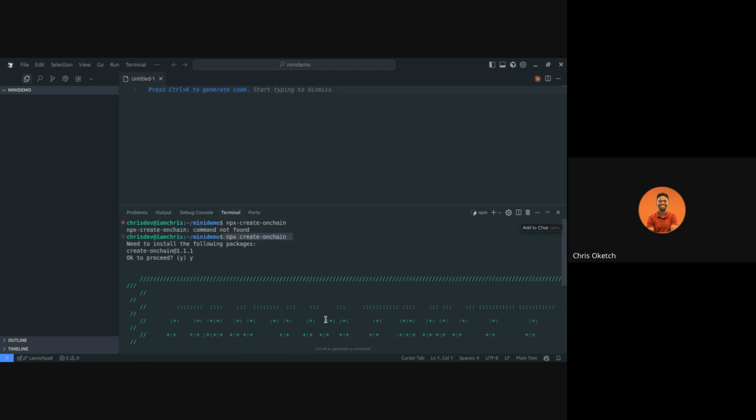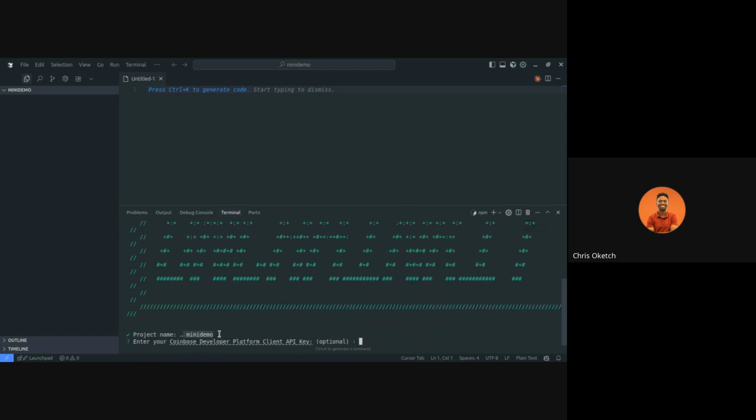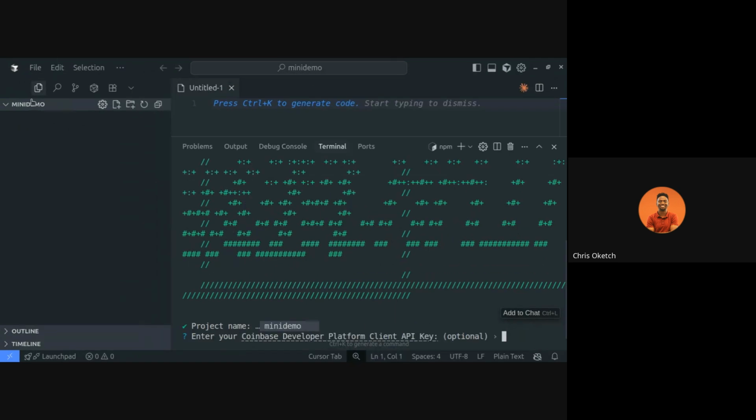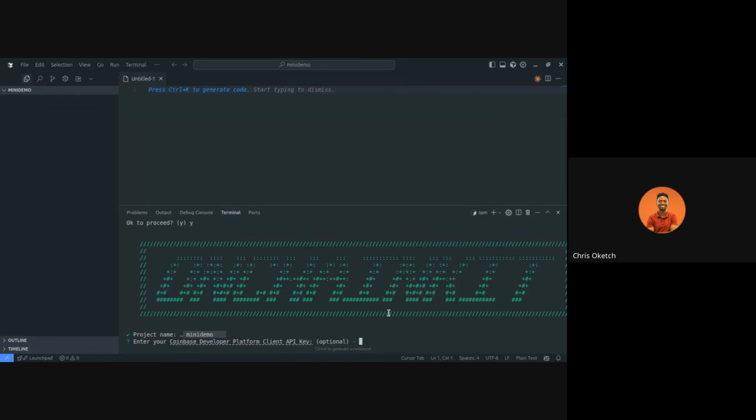Yeah, so you can see I already declared my project name, mini demo. My directory over here is named mini demo as well. And then it's now asking me, and this is actually really cool, because instead of doing this manually the other way around, creating a .env file, and then having to go back to CDP and paste this in your .env file,